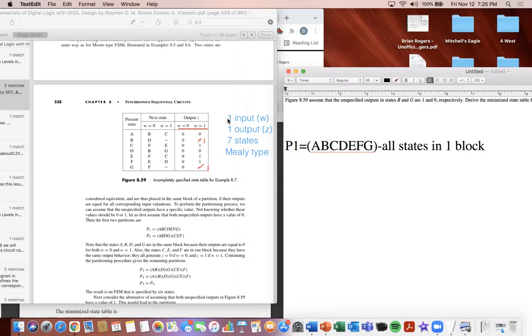So here we see that all the states are 0, 1, except these two here. A is 0, 0, and D is 0, 0 as well. And so those are different, so we're going to group them differently. So P2 is going to equal A and D grouped differently, due to their outputs, than B, C, E, F, G. Now that we group the states based on output,